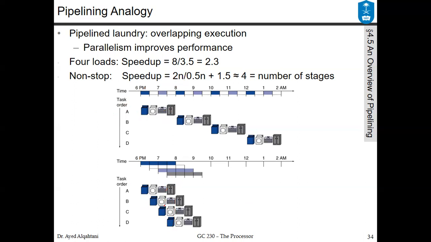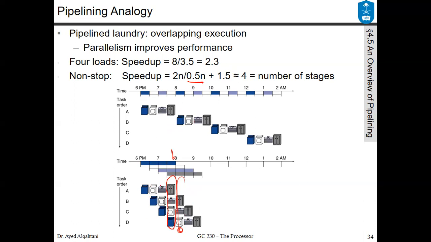And for this case, you will see that if you have many loads, where there is a blue washer and you repeat this for n times. So each load is taking only half an hour to finish, or half n, where n is the number of loads, plus